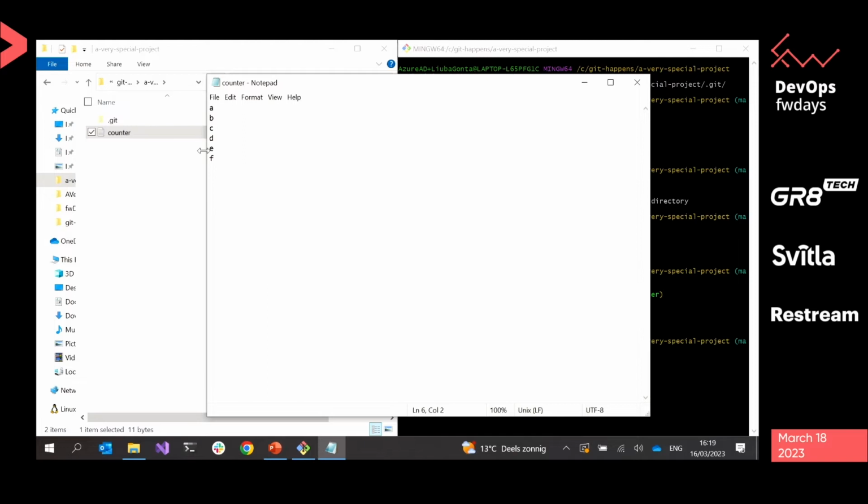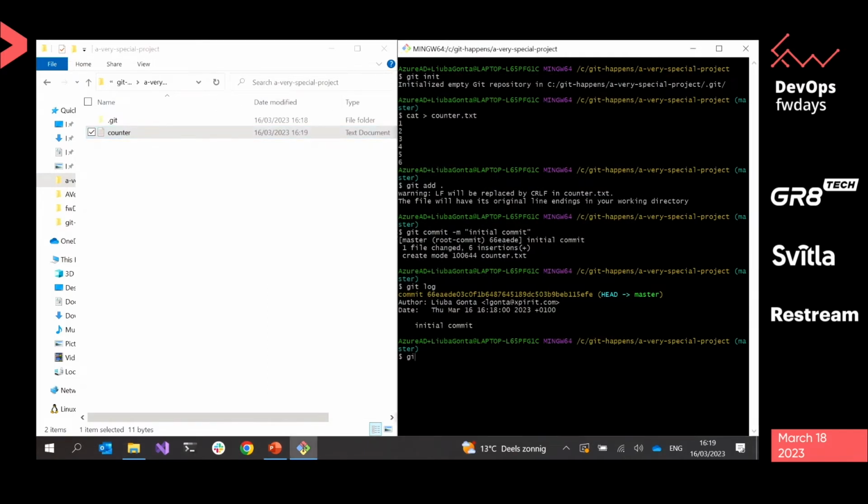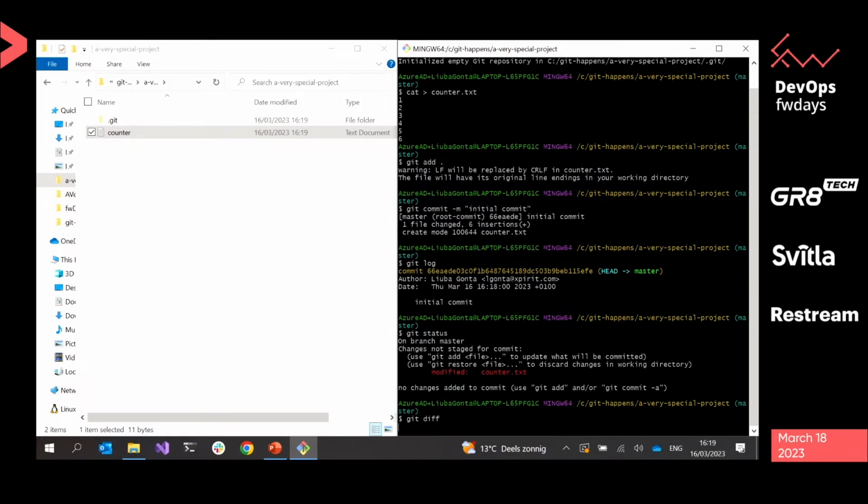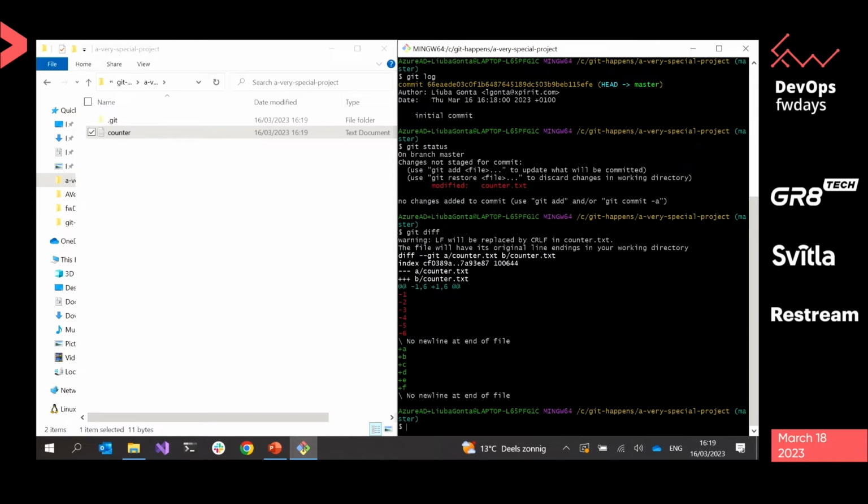We'll add some letters instead of numbers. If I check git status, I can see that the file is modified. And if I run git diff, I see that there are some changes: I modified numbers and put letters instead. All right. If the changes are not staged, I can easily use git